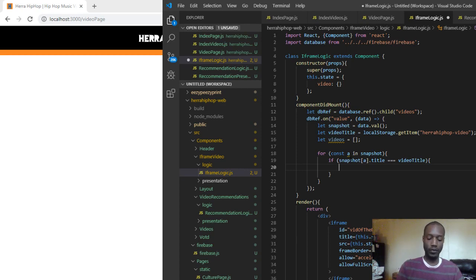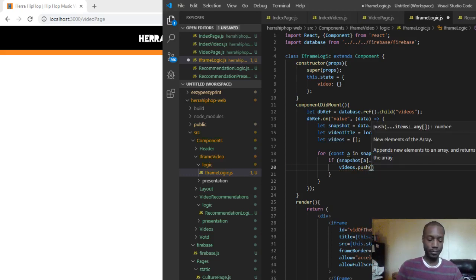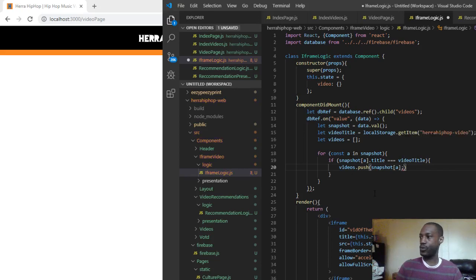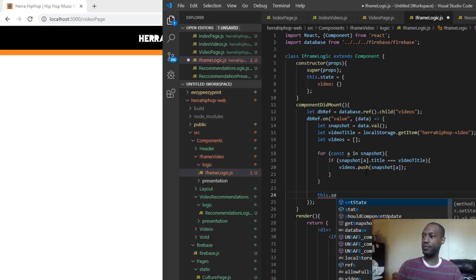So we're going to say videos dot push snapshot a. Once that for loop is over, we're just going to set the state. So this dot set state,